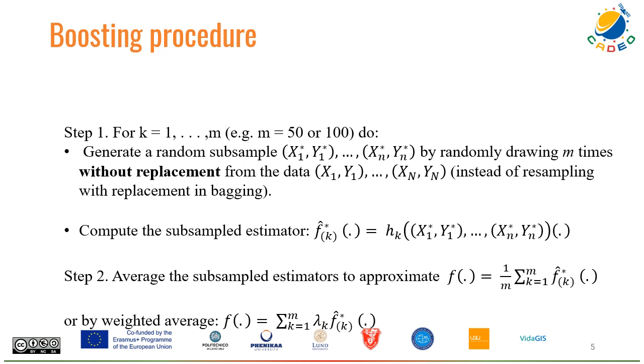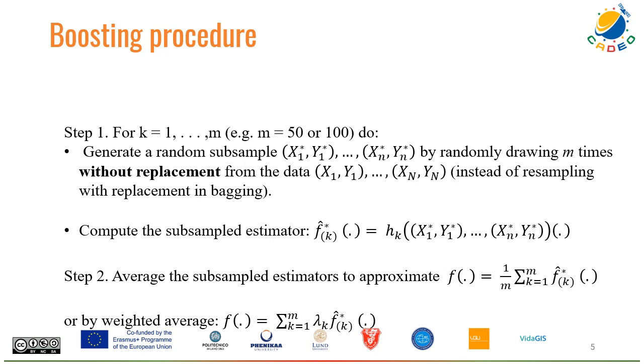The boosting procedure involves the following steps. The first step is subsample generation. For each iteration k from 1 to m, for example, let's consider that m equals 100, a random subsample (x1, y1) until (xn, yn) is generated by randomly drawing without replacement from the original data. This differs from resampling with replacement, as seen in bagging. So the subsampled estimator is computed using the subsample data, and then in the next step,